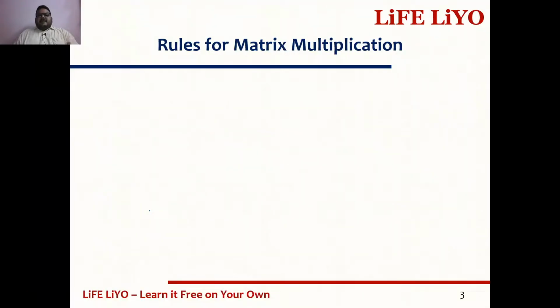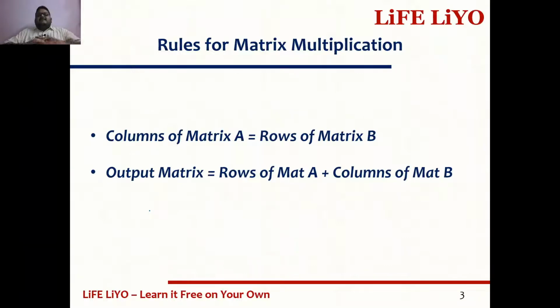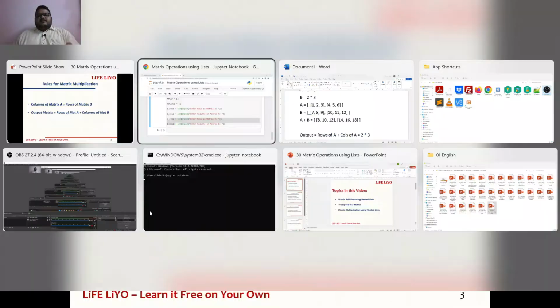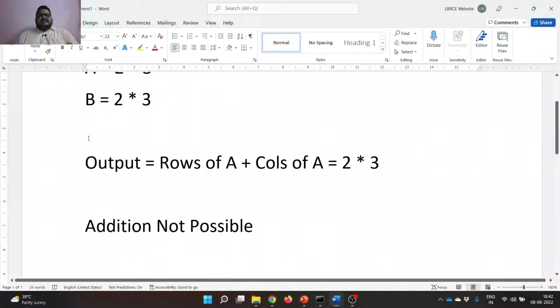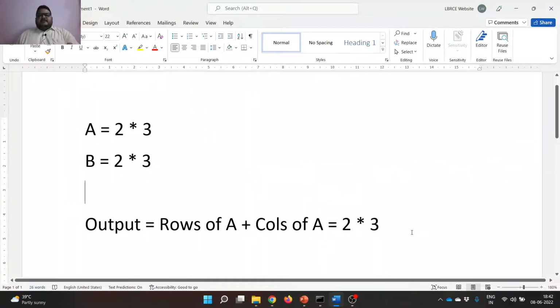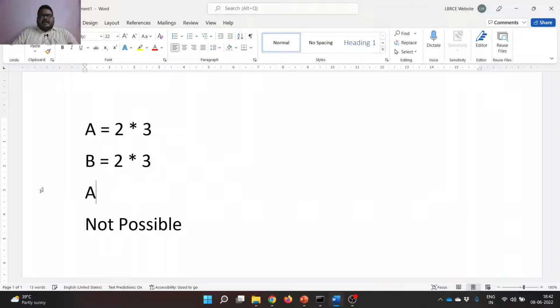To perform matrix multiplication, we must follow some rules. The first and foremost is that the columns of matrix A should be the same as the rows of matrix B. Then the next one is that the output matrix will give the rows of matrix A and columns of matrix B. Let us look into an example. If we have matrix A as 2 by 3 and matrix B as 2 by 3, and you try to multiply A into B,